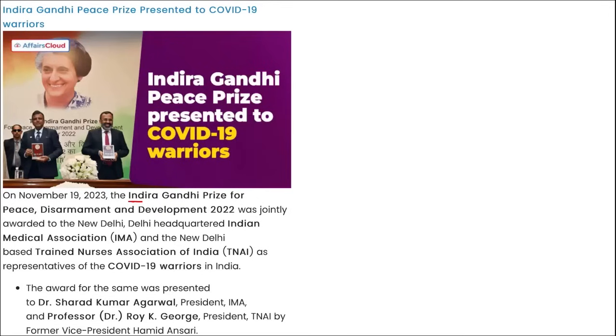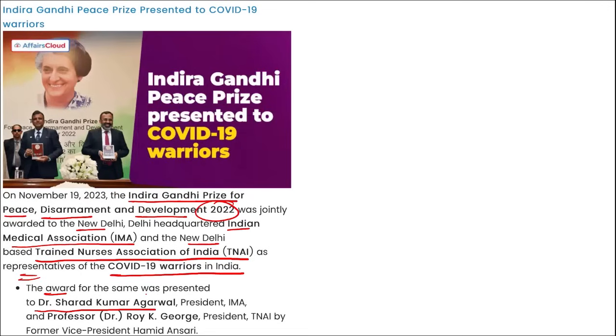Here you can see Indira Gandhi Peace Prize for Peace, Disarmament and Development 2022. This was recently awarded to New Delhi headquarter Indian Medical Association and New Delhi based Trained Nurses Association of India, as well as other representatives of the COVID-19 warriors in India. This award was presented to Dr. Sharad Kumar Agarwal, President of IMA, and Professor Dr. Roy K. George, President of TNAI, by former Vice President Hamid Ansari. Correct? Then remember, if we talk about this Indira Gandhi Peace Prize, this prize was established in 1986 by Indira